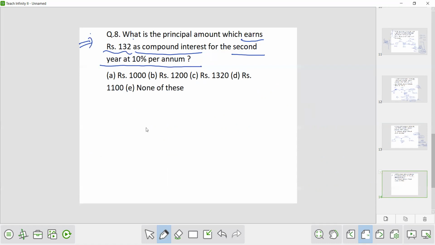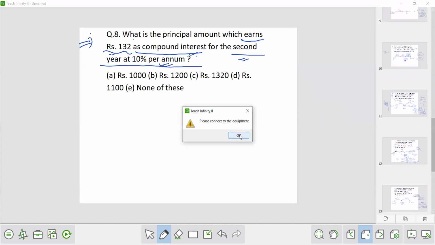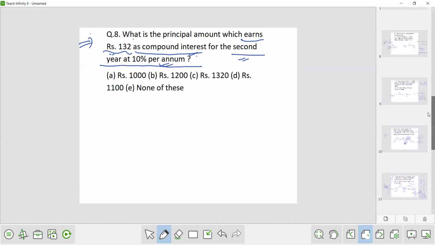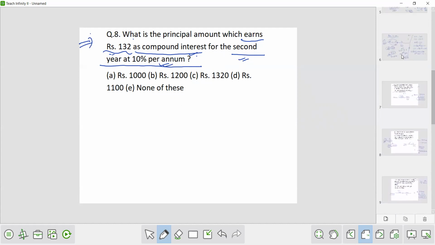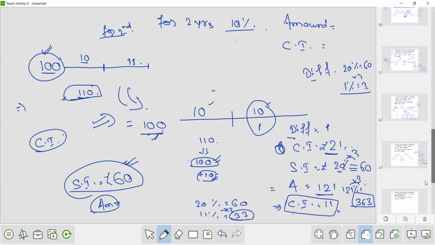Okay, now we know how to solve it. What is given? The compound interest for the second year at 10% per annum is given as 132. Now I have explained to you at the beginning of the class how the compound interest gets changed. Look here, at 10% per annum rate, the compound interest for the second year is how much? 11%. Here I have explained that the CI is 11%. So this 11% value is given as